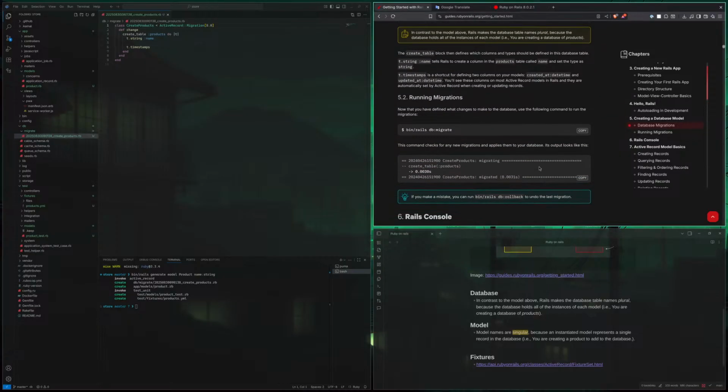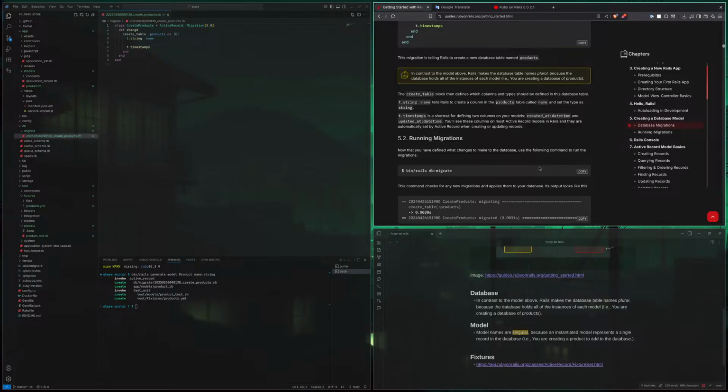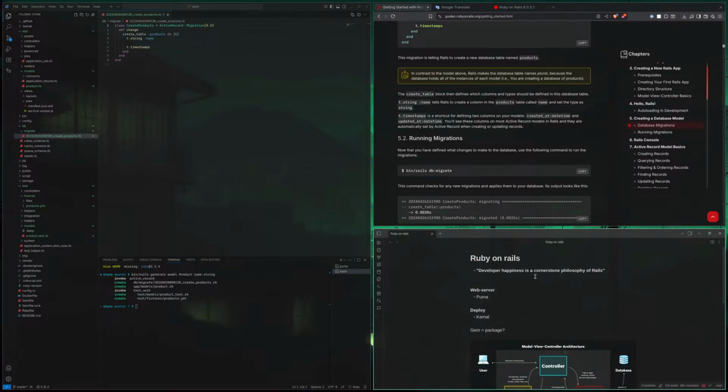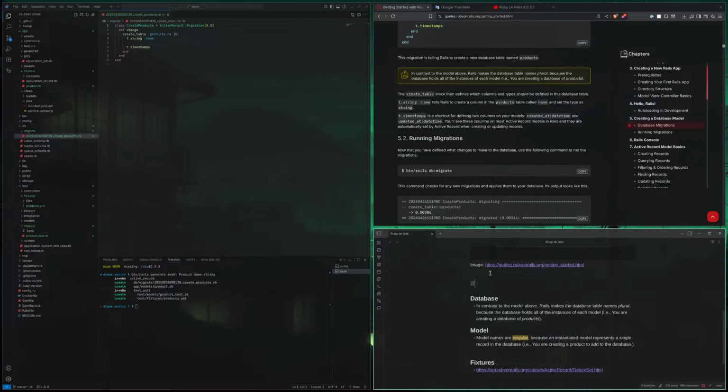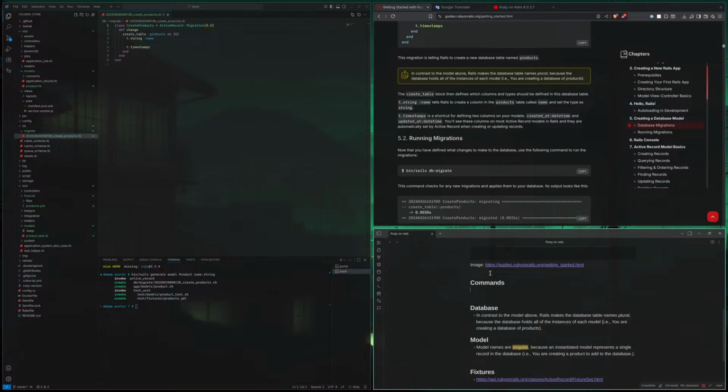Running migrations. Can we do it like this? Maybe bin/rails db:migrate.